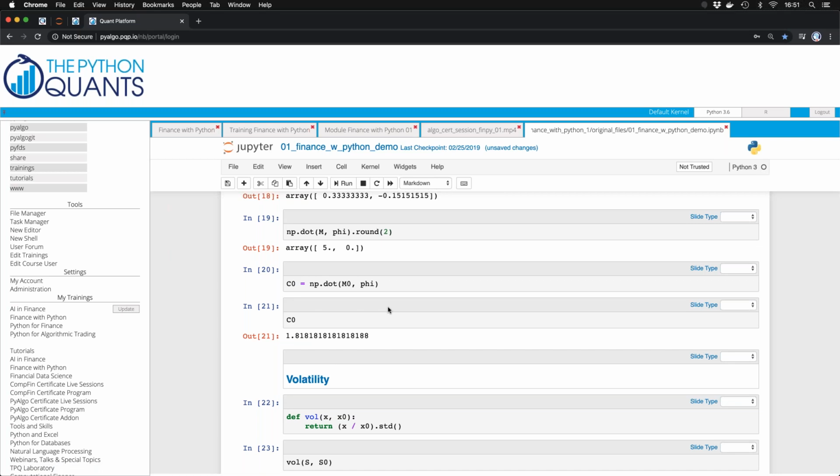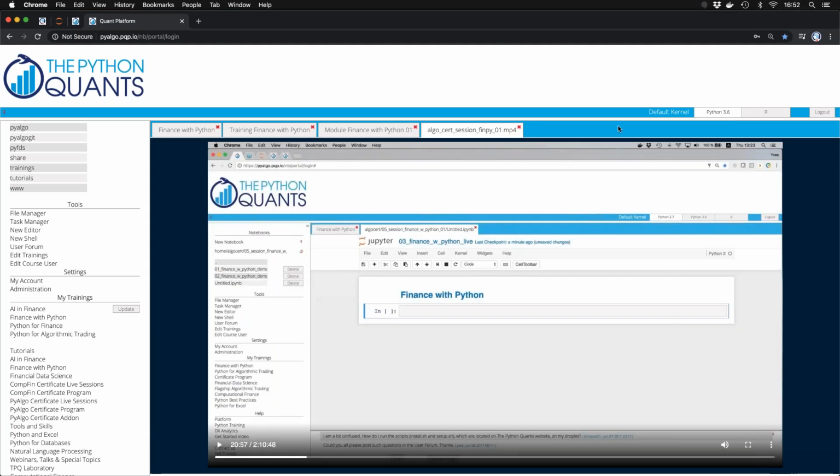And many people ask me, is there a lock-in with your platform or not? I usually stop in the middle and say, well, there's no lock-in. You can download the resources. You can execute them locally. You can play around with them. For some of the materials that we present, it's even necessary, and we encourage you to set up your own environment. This is what we teach you: to set up local environments, to work with Docker containers, and to work in the cloud. And you can download and access and use everything also on your local machine. But most of the materials are executable on the Quant platform.